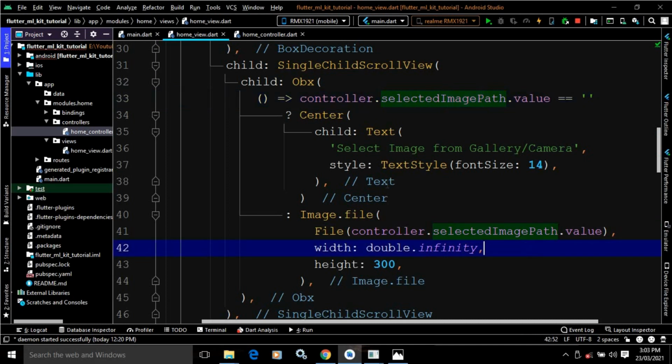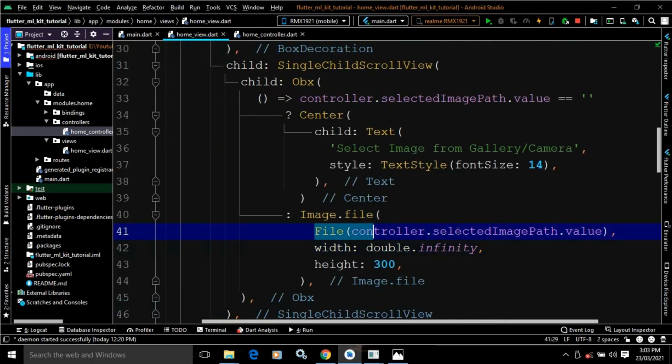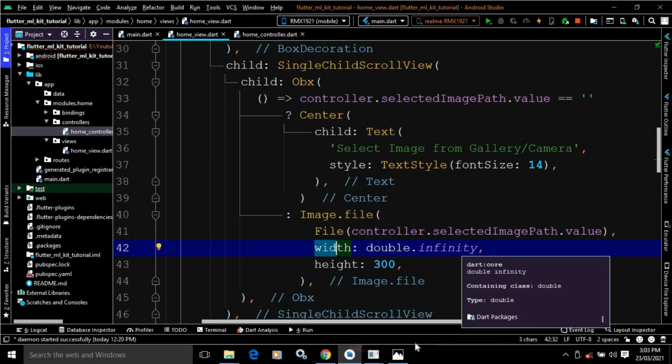This variable will actually hold the path of the selected image, and that path I am passing here. After that, I have specified the width of the image as double.infinity and the height of the image as 300.